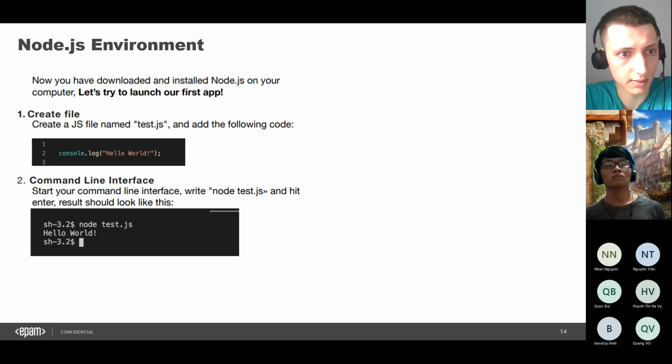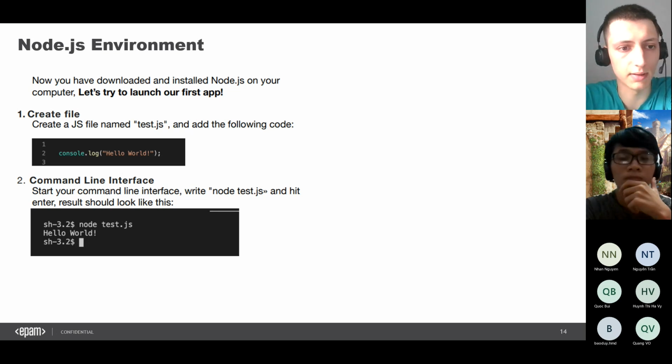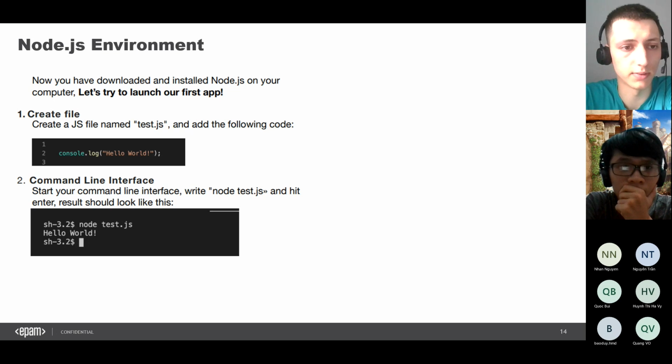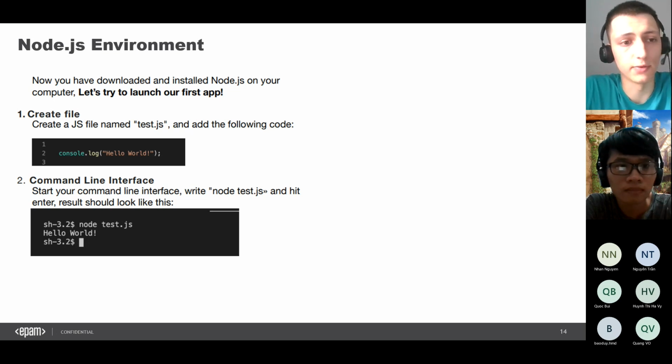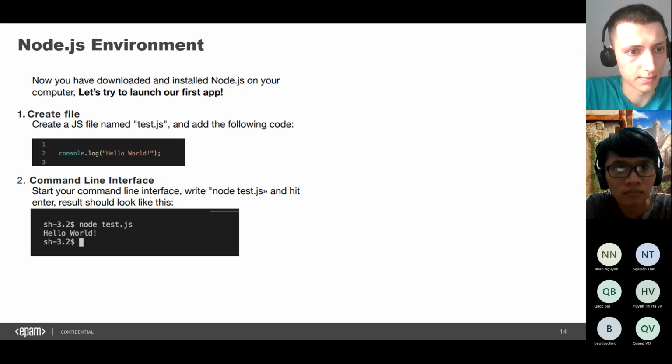The result of the console log we see on the screen, just hello world. So it's the very beginning of diving deeper into Node.js, but if you know JavaScript, you can already use Node.js.